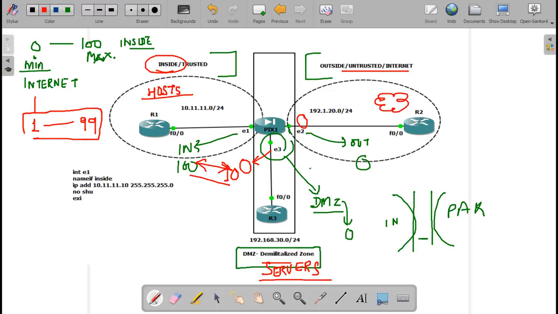Do not assign security value 0 or 100 for DMZ, because if you assign 0 outside from internet nobody will be able to come to DMZ, and if you assign 100 from inside nobody will be able to come to DMZ. So your value here should be anything between 1 to 99, and usually we assign a security level of 50. Good.